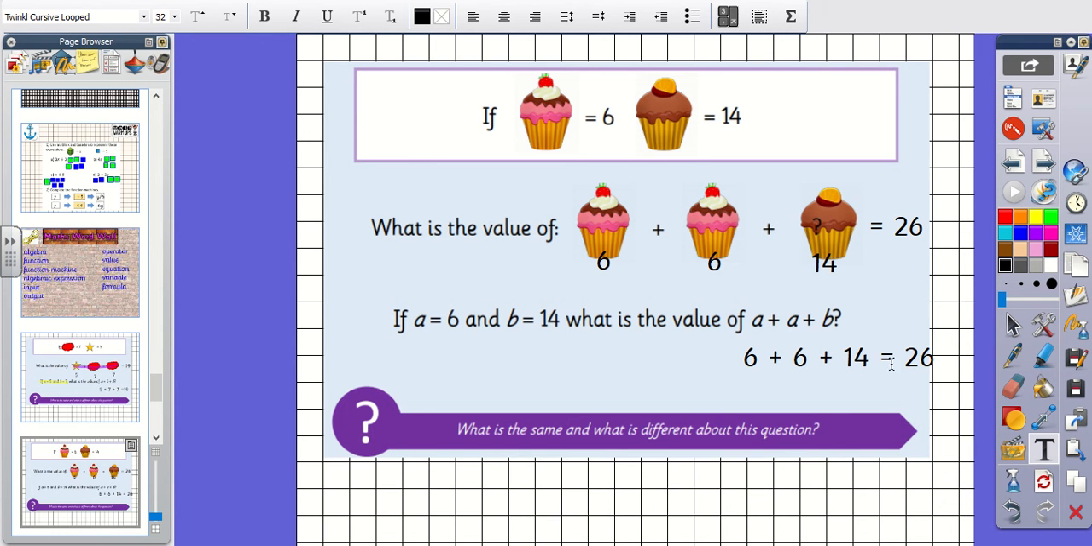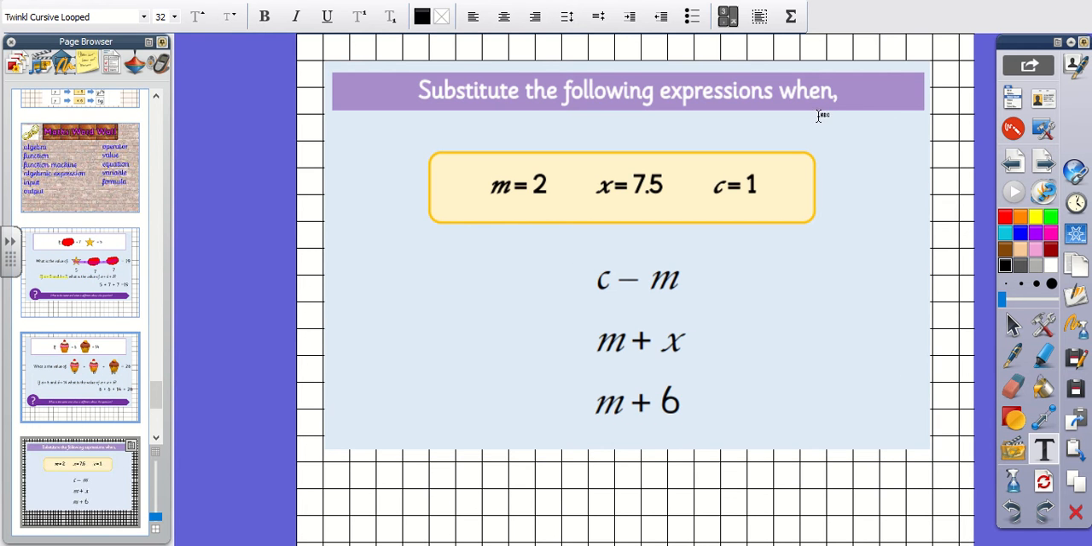They both equal 26. What is different? Well, the first question is using pictures and the second question is using letters. Okay then, so